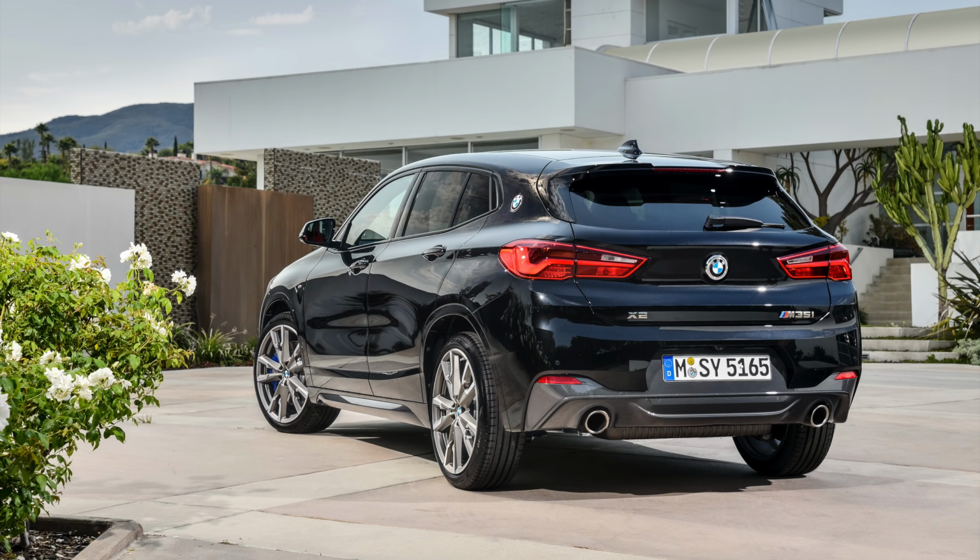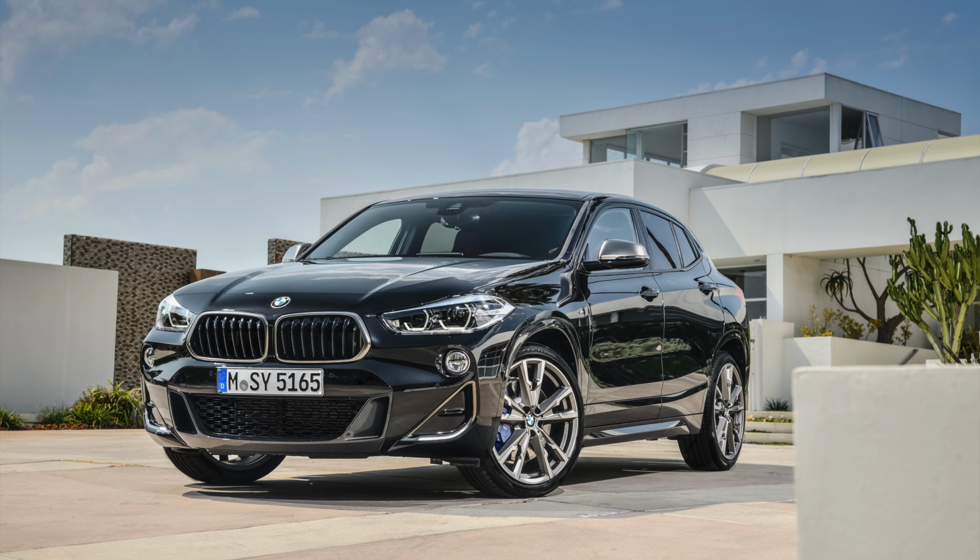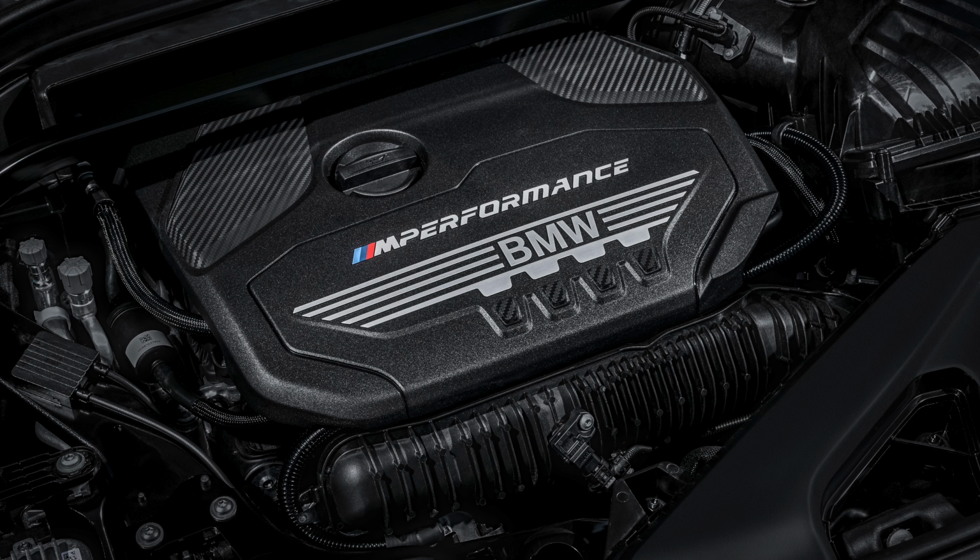Now that brings me to the new one. It's a bit of a mouthful, but I'll try and remember it. So it's the X2 M35i. Is that right, Matt? Okay, so this is a new mini SUV from BMW, and with that name you'd expect the car to have a 3-litre engine, right? No, you'd be wrong. It actually has a 2-litre engine, which is the same engine that's used in the Mini